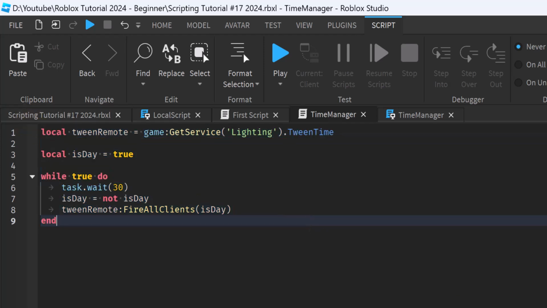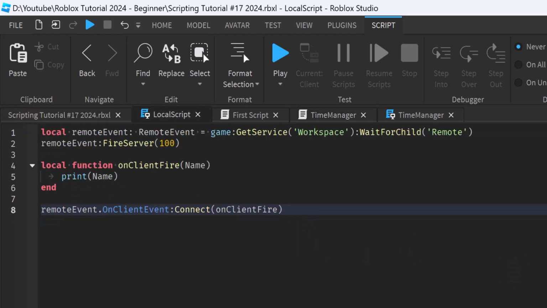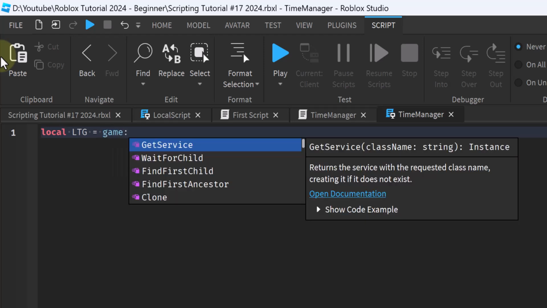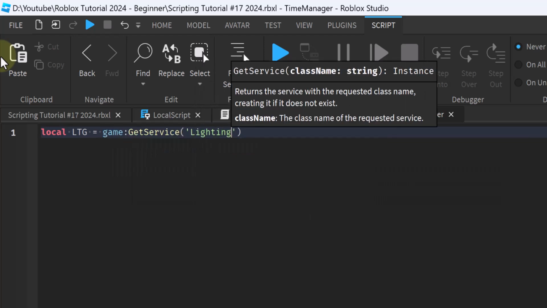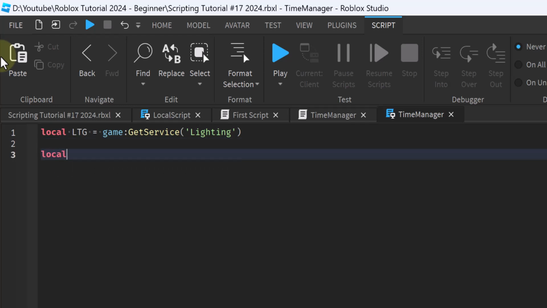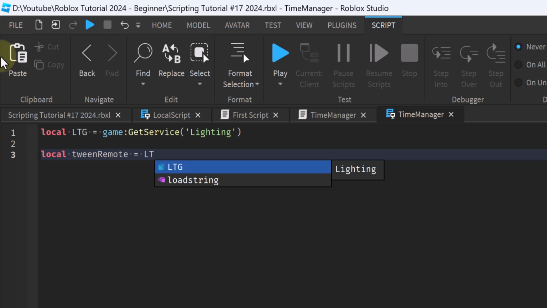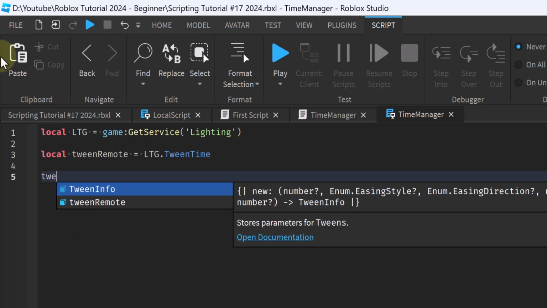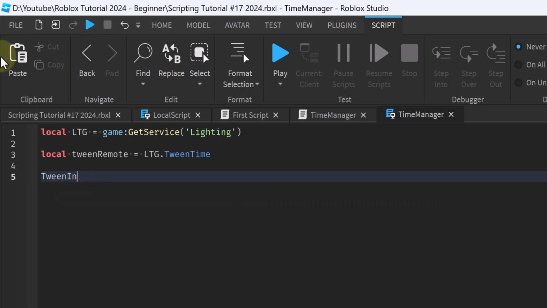Now let's go to the local script, the TimeManager local script, right? Reference the remote event from the Lighting service, but first let's create a variable for the Lighting service, name it LTG, game:GetService("Lighting"), and let's reference that remote using a variable, tweenRemote is equal to LTG.TweenTime. And we're going to use the OnClientEvent,